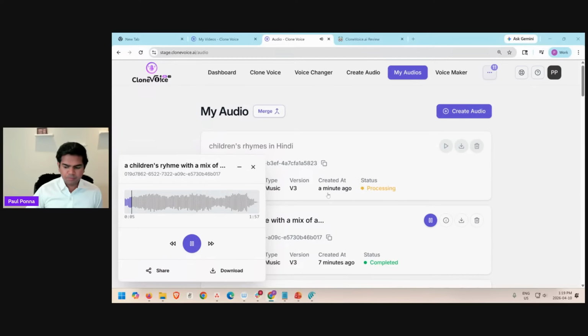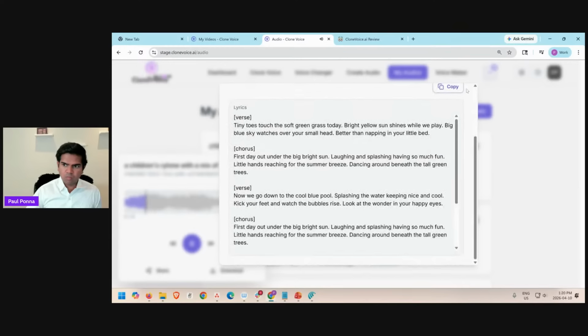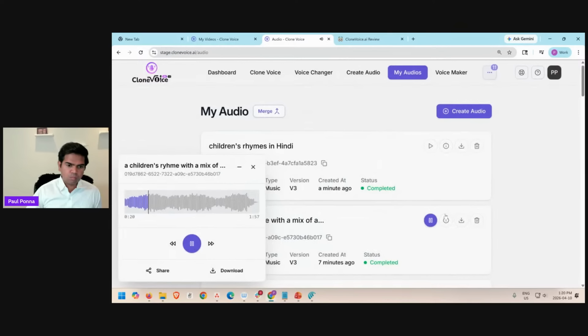Tiny toes touch the soft green grass today. Bright yellow sun shines while we play. Big blue sky watches over your small head. Better than napping in your little bed. First day out under the big bright sun, laughing and splashing, having some green